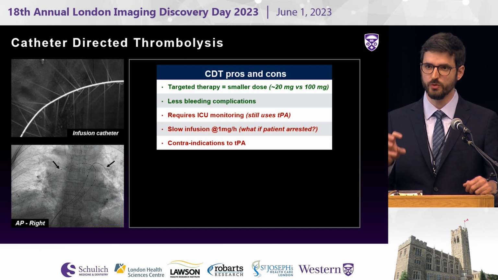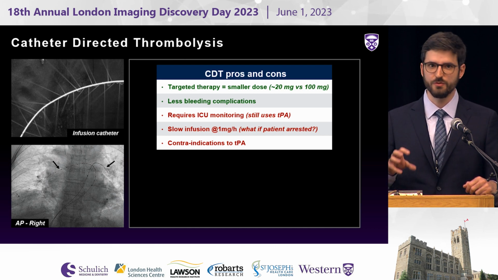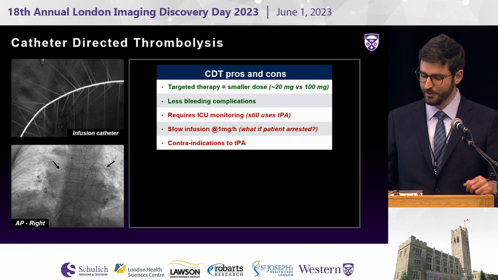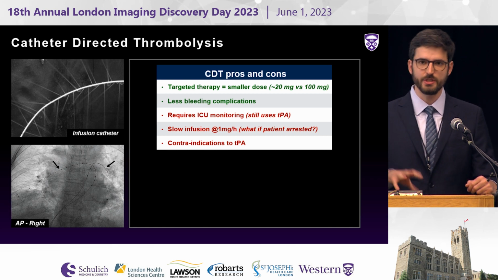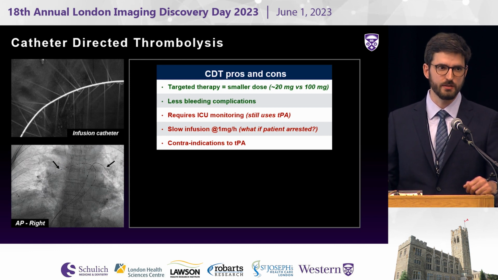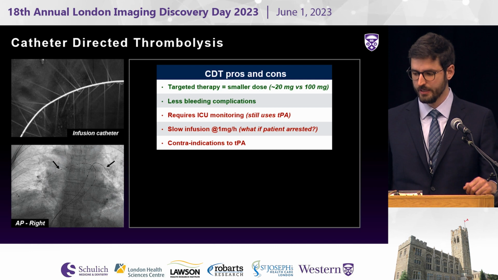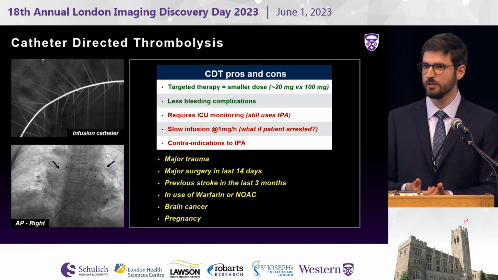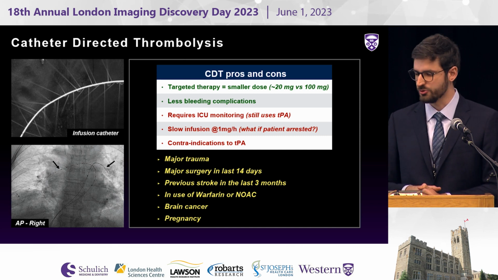So in a situation where it's life or death, 24 hours is just a lot of time. You don't have that time to lose. And you're still using TPA, meaning that the same contraindications that you have for the systemic TPA, you have for targeted therapy with IR. Just to name a few, contraindications to TPA include a patient who suffered major trauma,